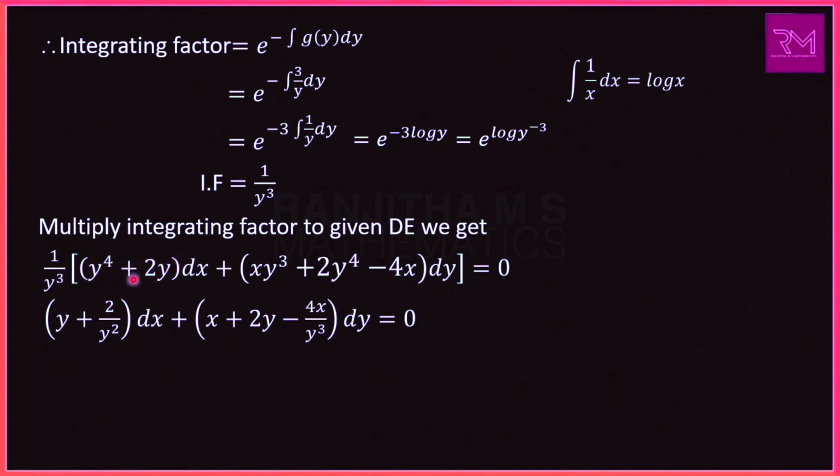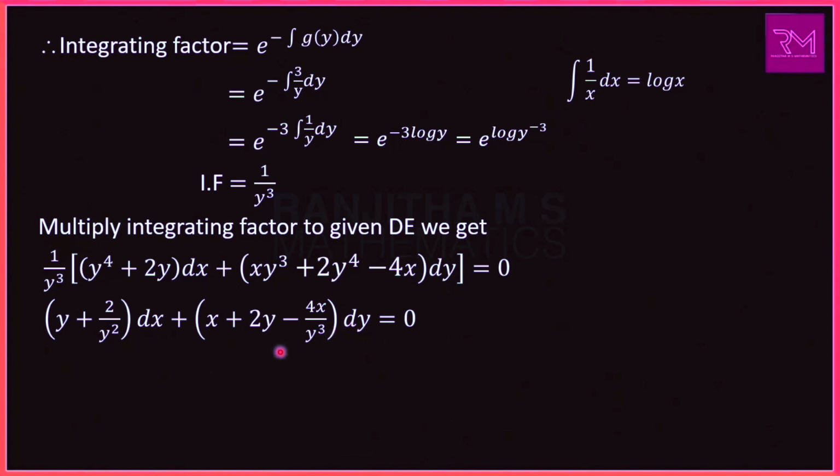So 1 by y gets cancelled, the remaining is 2 by y square into dx. Multiply inside the bracket carefully. We have to multiply this integrating factor for this factor, also for this factor. Here x y cube into 1 by y cube, that is x y cube by y cube. Here y cube gets cancelled, remaining is x, plus 2y power 4 divided by y cube. Here y cube gets cancelled, remaining is 2y, minus 4x by y cube as it is into dy, which is